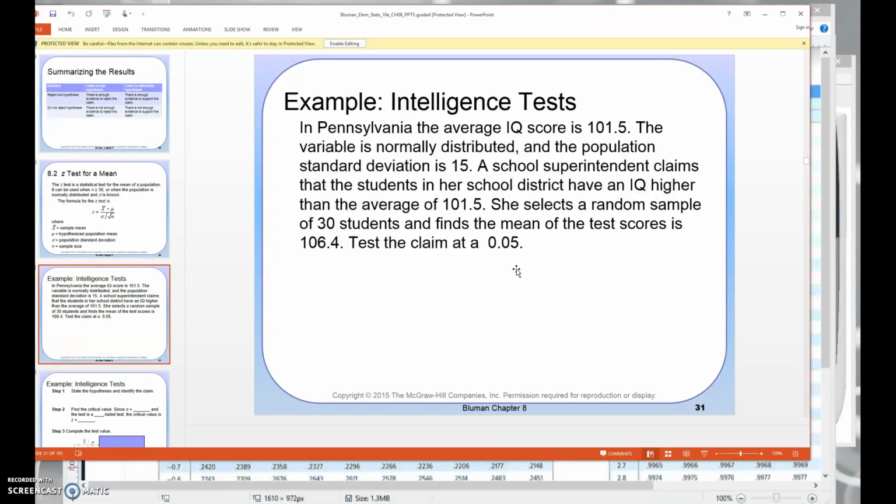Our first example, in Pennsylvania, the average IQ score is 101.5. The variable is normally distributed, and the population standard deviation is 15. A school superintendent claims that the students in her school district have an IQ greater than the average of 101.5. She selects a random sample of 30 students and finds the mean of the test scores is 106.4. Test the claim at alpha equals 0.05. There's a lot of stuff going on here, so we're going to go step by step on identifying the pieces